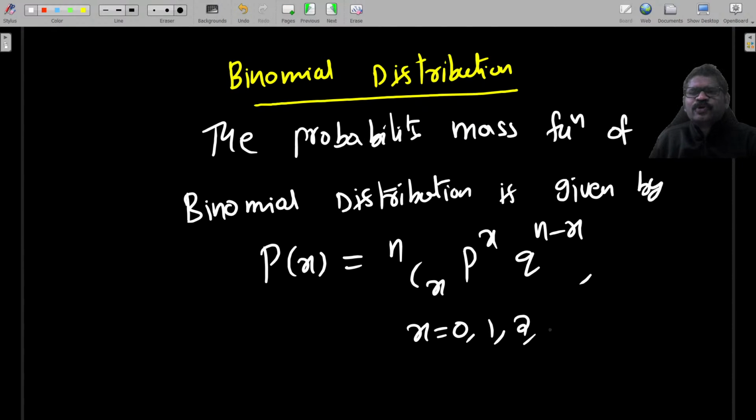X takes values 0, 1, 2 and so on n, where